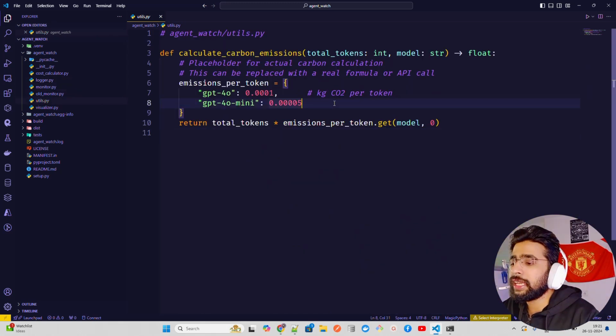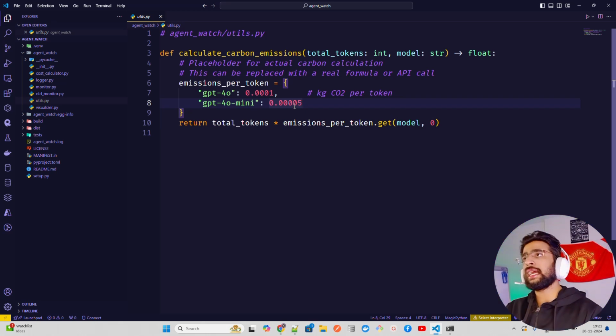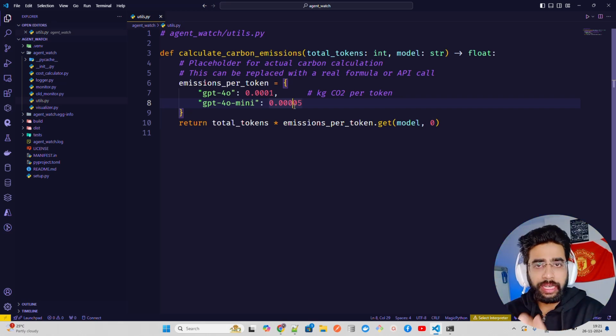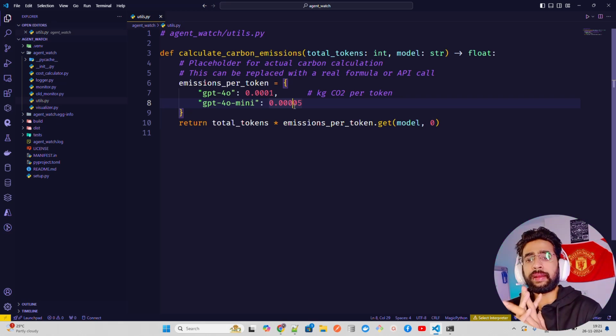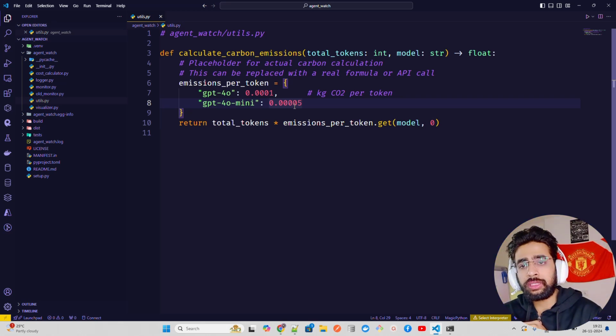Utils.py. Here I have taken some numbers from the internet on how much this model can cost for each API call that you make, for GPT-4o and GPT-4o mini. But if you want to make it a bit more comprehensive, CO2 emissions are really important when it comes to sustainability. Most of the companies are looking at how to build optimized software